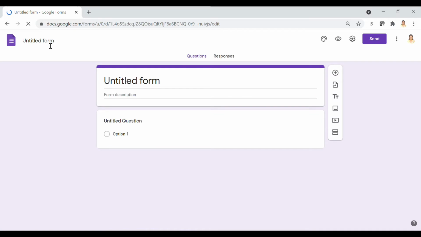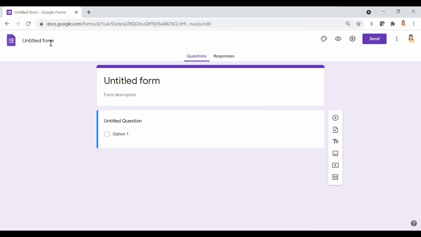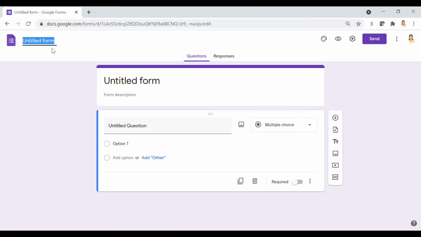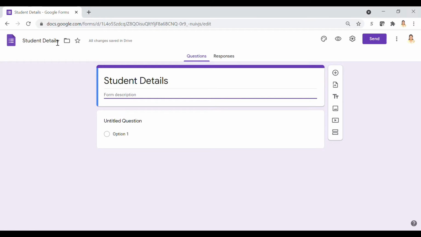On the top left corner, update the name of the form. Choose a name which defines the purpose of this form. In the body of the form, the name gets auto-populated. You can add a description along with your signature, which will make it easy for people to understand the intent of the form.